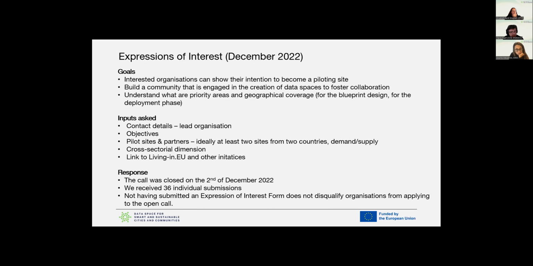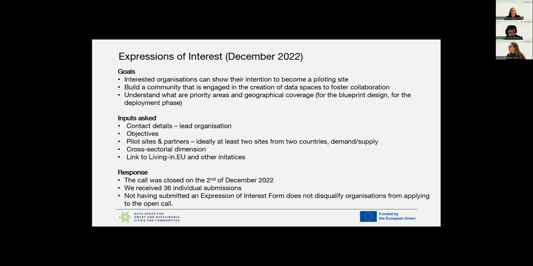So we asked several quite simple things that helped us to do this job. One was, of course, the contact details and the lead organization of the expression of interest. Then what are the objectives? What are the problems they are addressing? Who are the pilot sites?